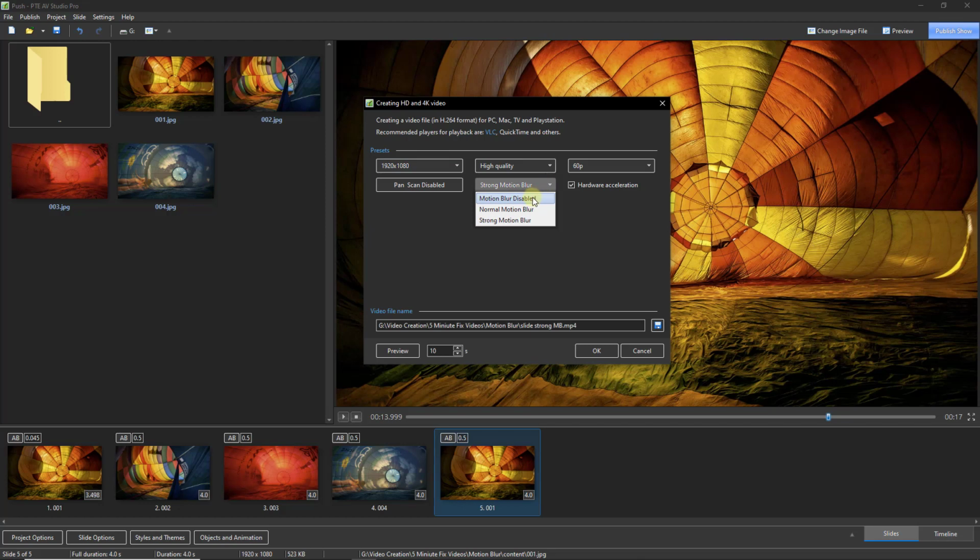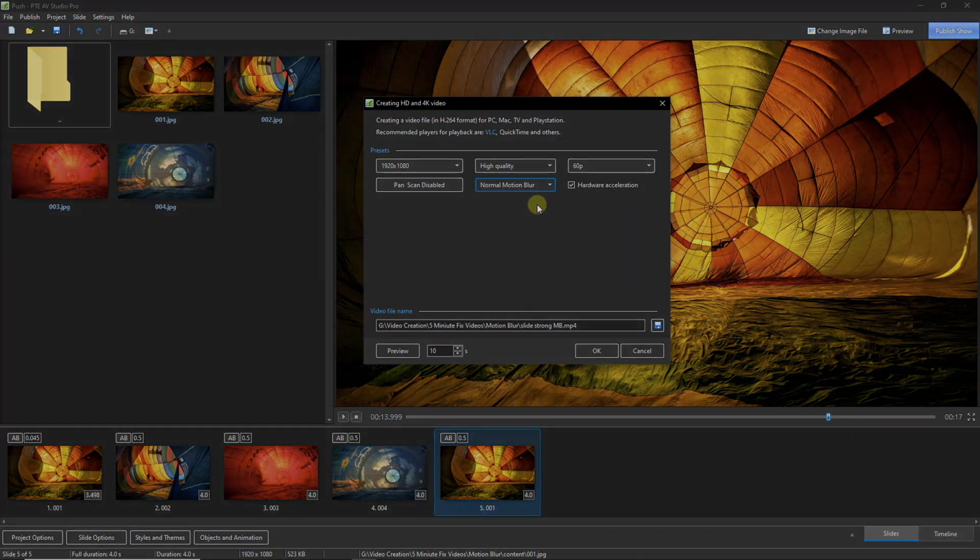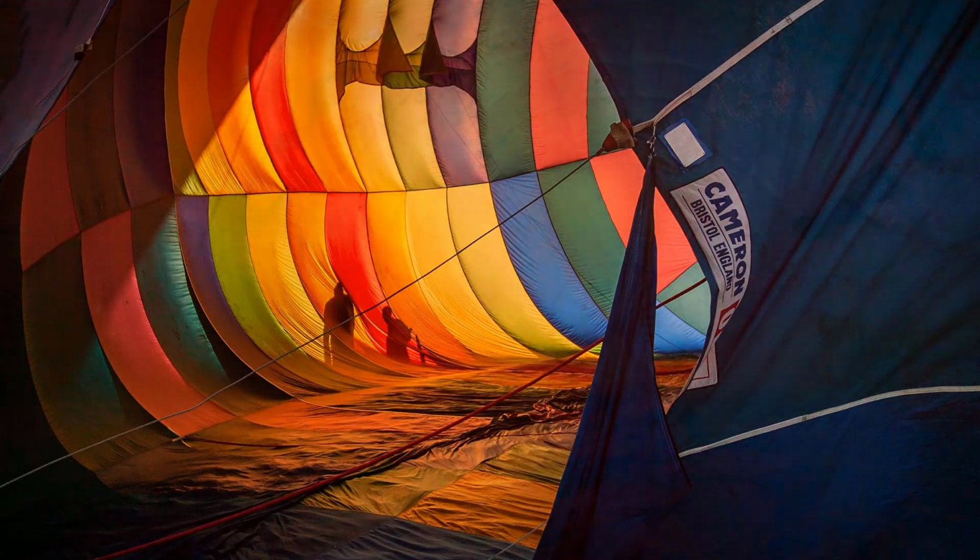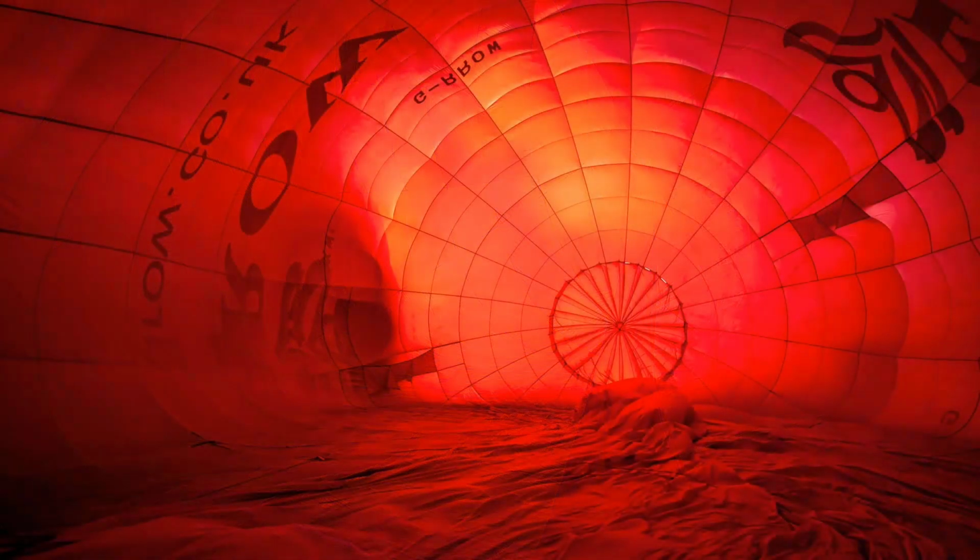Generally by default, motion blur will be disabled, and as you can see we've got three options. So you can try strong motion blur to start, and you can try another version with normal and just compare the two. Now we do seem to have a bit of time left here, so let's take a look at